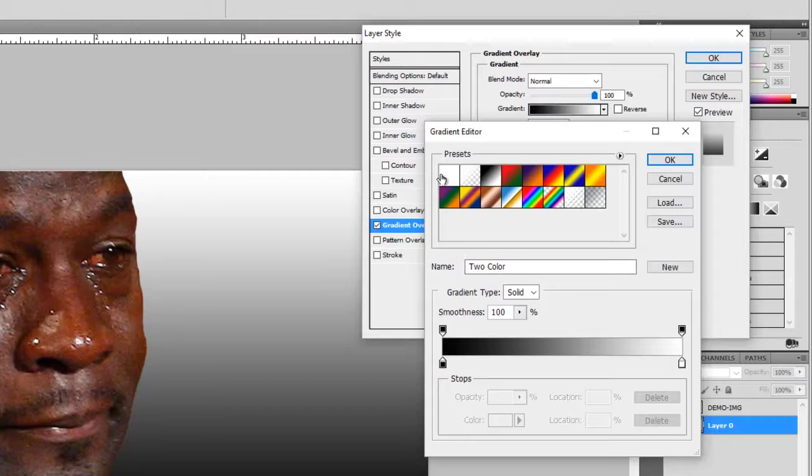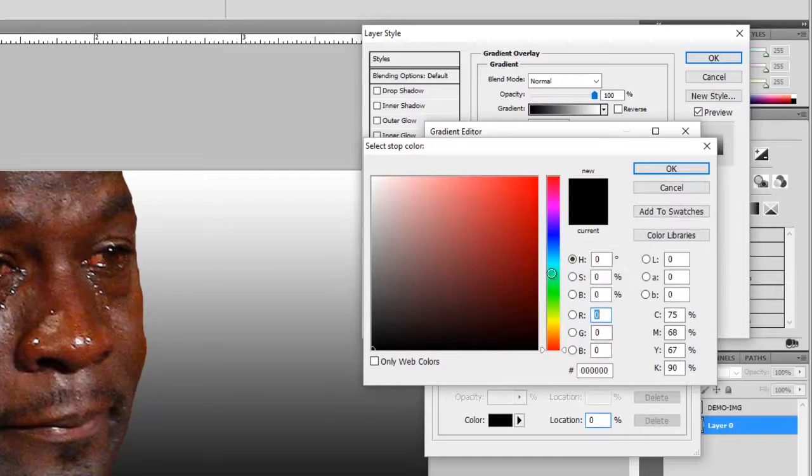You come over here, you click on this color box, and you can use any colors you want, any color scheme you want. I'm going to go with the colors in my logo, and at the end you'll see why. Like I demonstrated before, you want to have that same color scheme based on what your color preference is. So I'm going to go ahead and click on that dark blue,